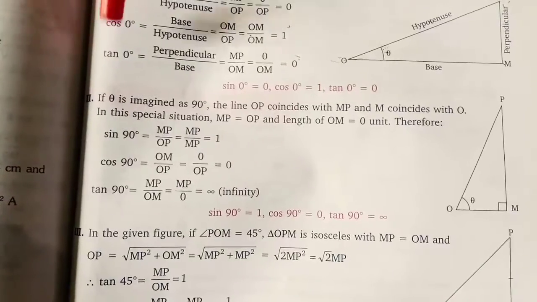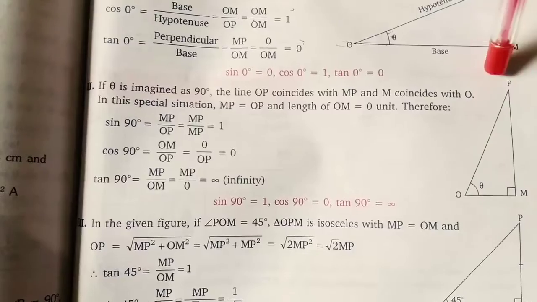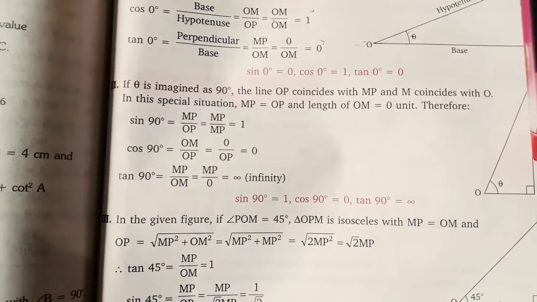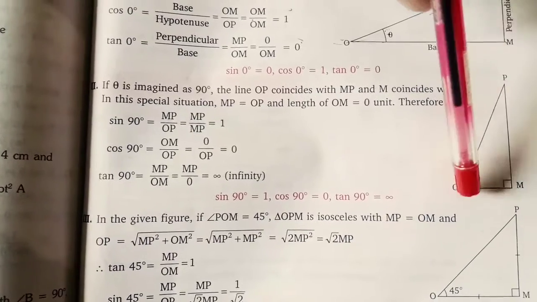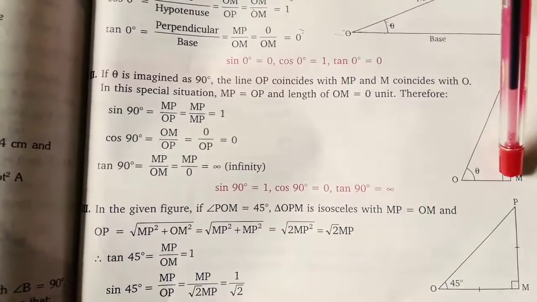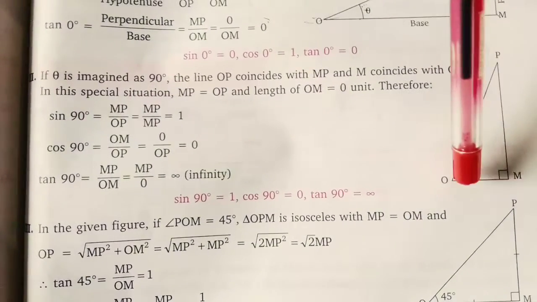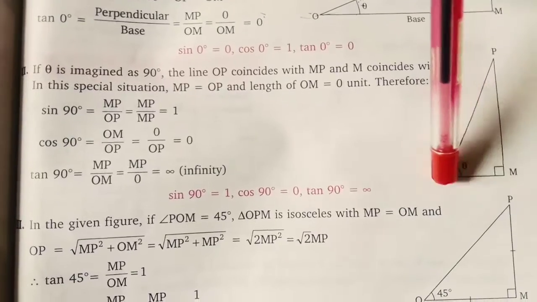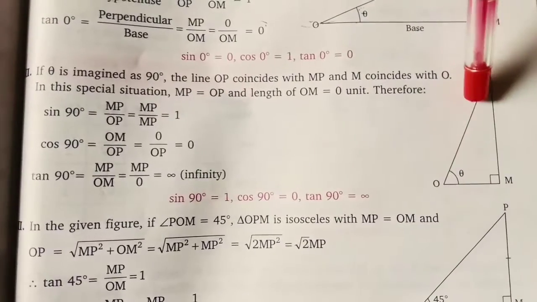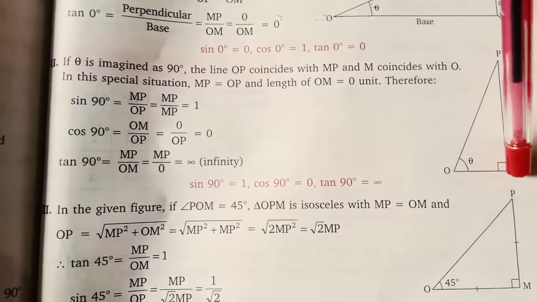Tan 60. See, let us draw one right angle triangle, PMO. From the figure you see, this is a right angle triangle. Let this angle be theta. Angle front side will be perpendicular. For this angle, this is the base, the adjacent side will be the base. 90 degree front side is hypotenuse. In a right angle triangle, if I take one angle as theta, the angle adjacent side is base. That is here OM is the base. 90 degree front side, that is hypotenuse. OP is the hypotenuse. And angle front side, that is perpendicular.